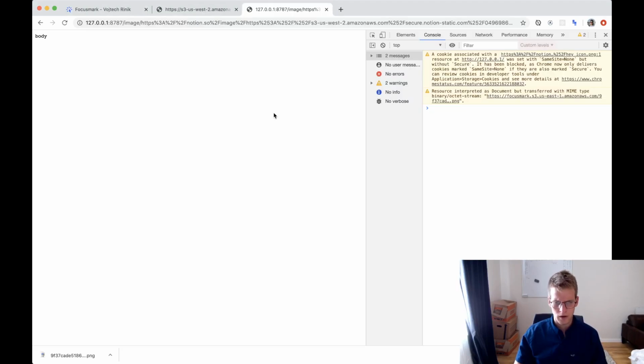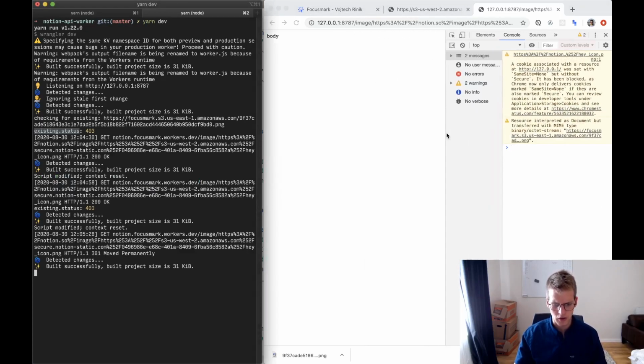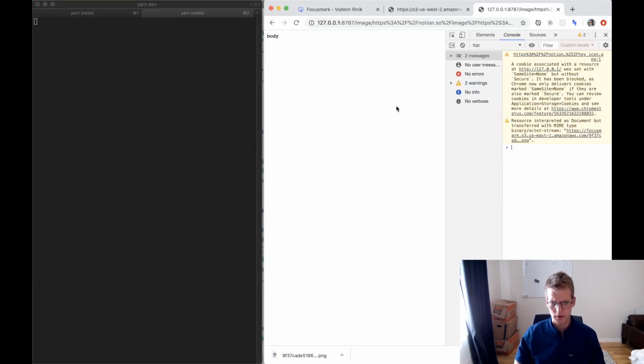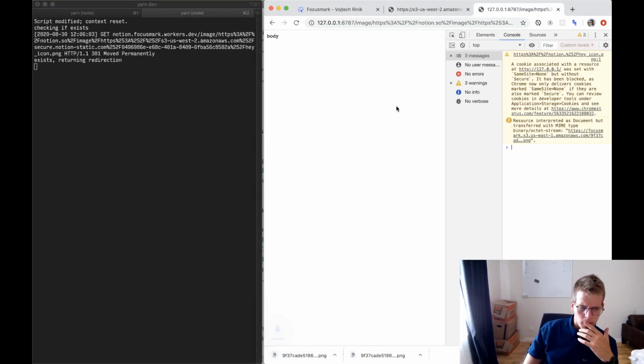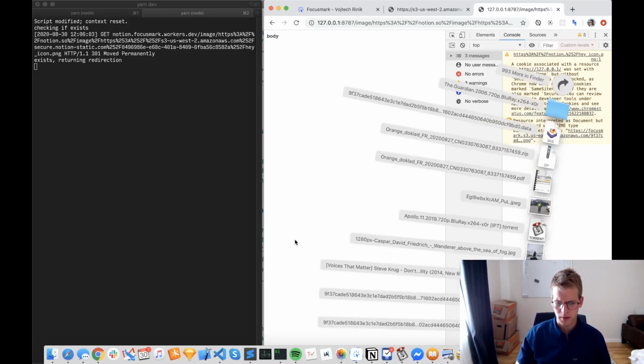And I'll do a little side-by-side view because I want to see how long that takes to check it. It should be instant to do that head request. Let's refresh. Okay, that looks instant to me. That worked fine, but the problem is it got downloaded like that, which is something I don't like,